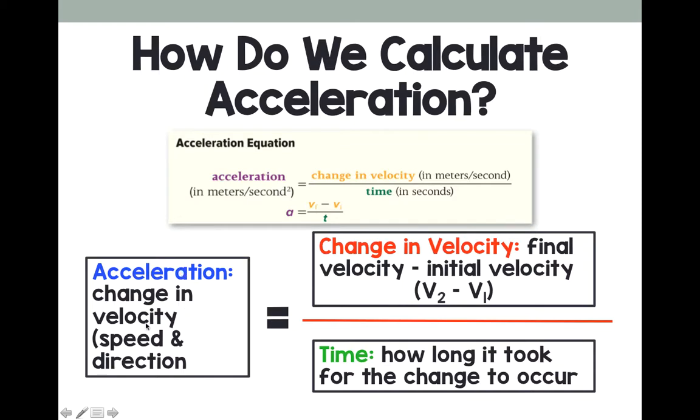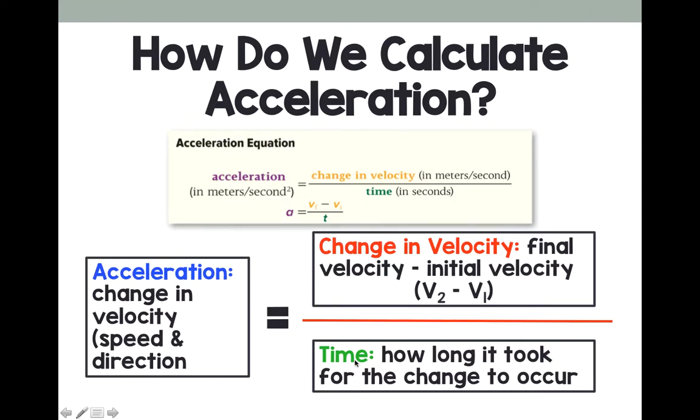Acceleration is a change in velocity, okay? So that's what acceleration measures. It measures when a speed has changed. It's either sped up or it's slowed down. But it's also including direction. So velocity is speed and direction. So we have acceleration equals a change in velocity, which is our final velocity minus our initial velocity,